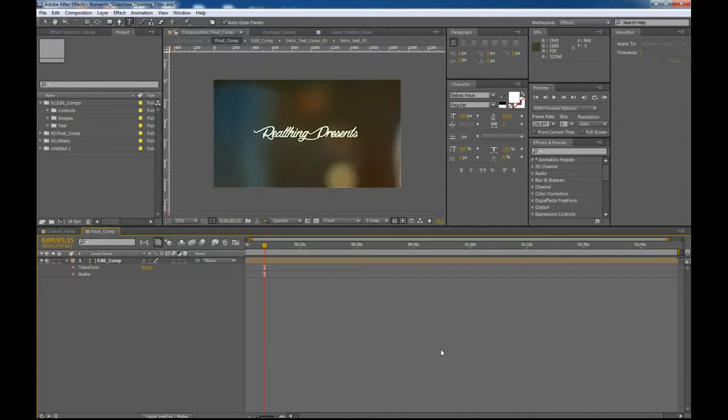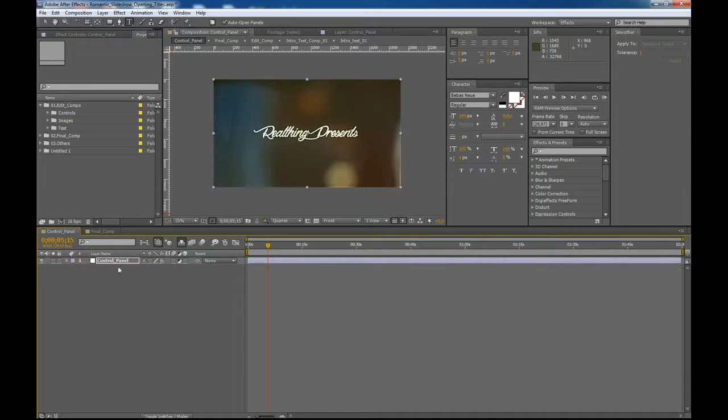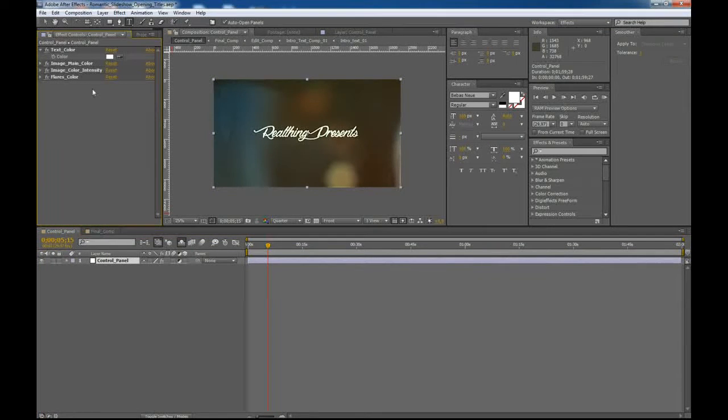Okay, how to use the control panel. Just come on the control panel comp and choose this adjustment layer with the name control panel. And up here at the effect control window, you can see that we can change some stuff like text, the general color of the color gradients, let's say, and the color of the flares. Just playing with those stuff here, we can change totally the mood and the color and the look of the